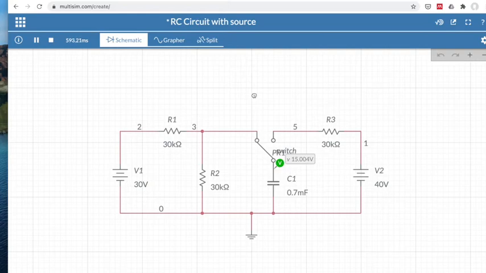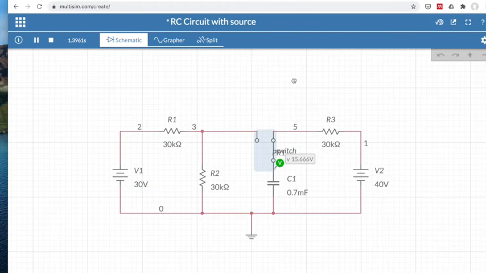So that's the first part of the simulation. But if we switch this capacitor to the other source, let's see what would happen. The voltage is now increasing in value, from 15 volts it climbs up, and we would expect this behavior since the voltage source that is in connection